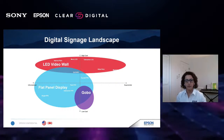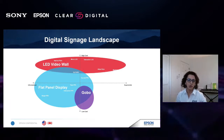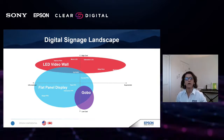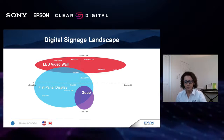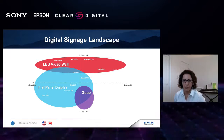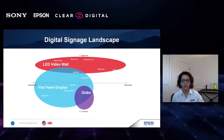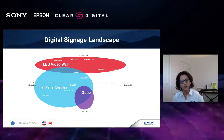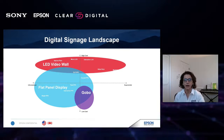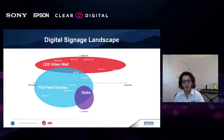So today I'm going to talk about Lightscene, Epson's vision in digital signage and digital experiences, and also show what's possible with projectors in this space that's fairly mature and fairly known for specific technology. That's a crude representation of my way of looking at digital signage. When we first launched Lightscene 2 years ago, there were a lot of questions even internally at Epson as to how projectors stand out in a space where there is a lot of mature technology